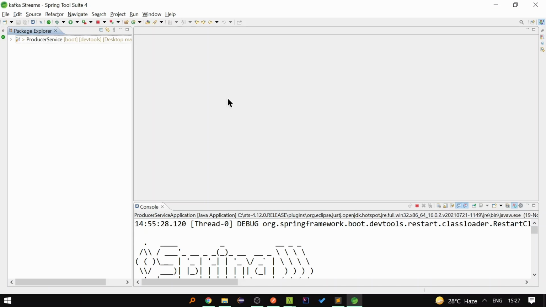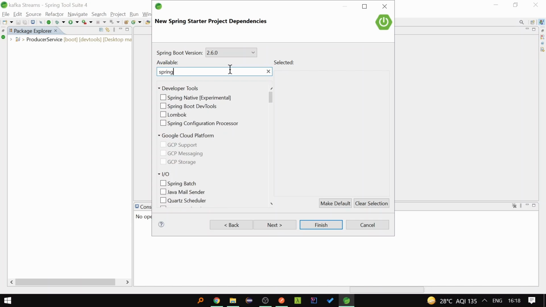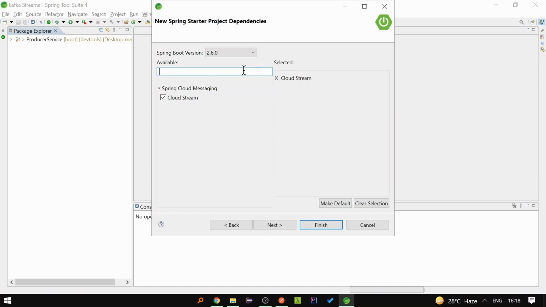Now let's create the Kafka stream service, which will take the order from the user topic and deliver it to the respective topic based on the delivery type, whether it is takeaway or home delivery. So let's create our stream service with the following dependencies. First, let's add the Spring Cloud Stream dependency, this one.